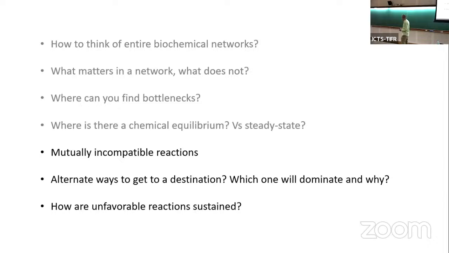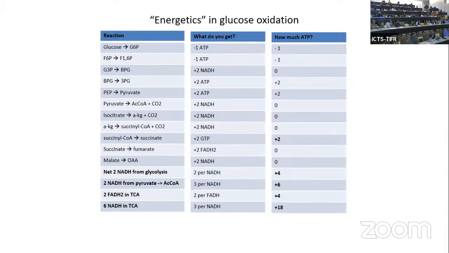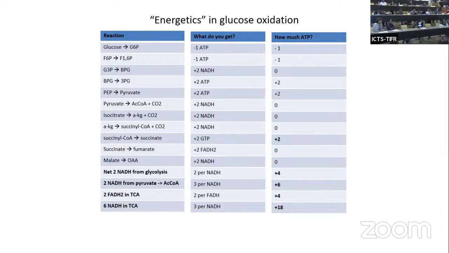Okay, good. So I had a question. Like in that slide where you were giving us a summary of the protein phosphates, the energy transfer. On the last three steps, the NADH from pyruvate and stuff, we'll see like +6, +4, +18 ATP. Yeah. So this is the approximate payoff you get from respiration. From glycolysis, we get a total net of